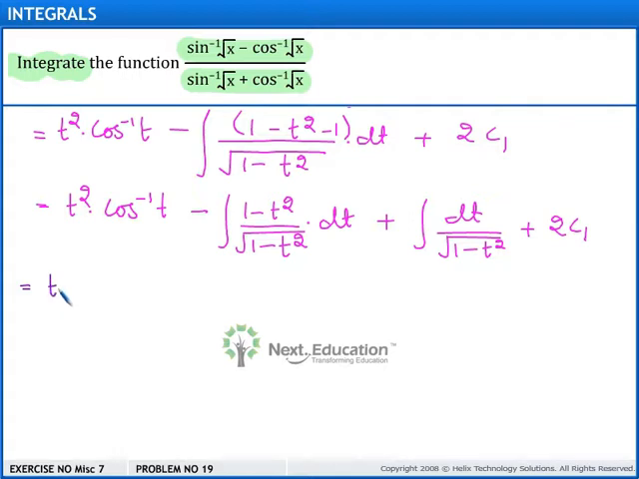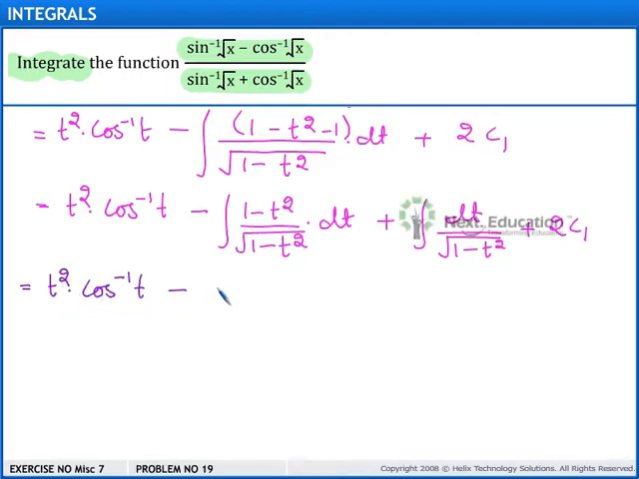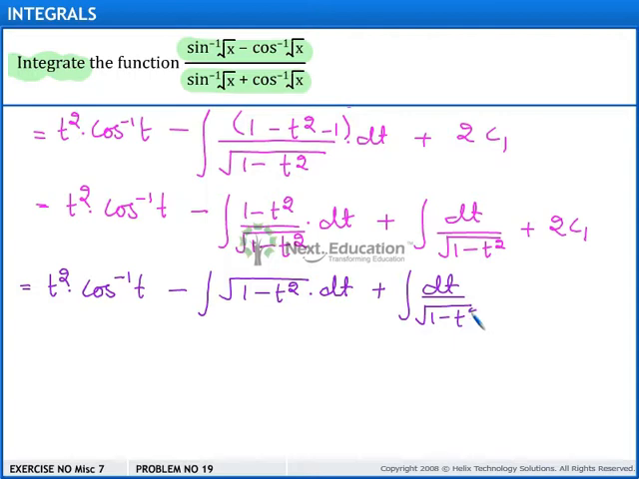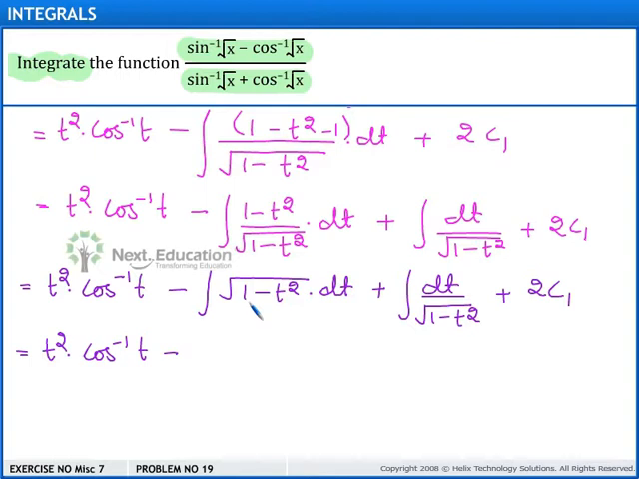This is further equal to t square into cos inverse t minus integral of square root of 1 minus t square into dt plus integral of dt upon square root of 1 minus t square plus 2 times the constant, and this is further equal to t square into cos inverse t minus, now integral of square root of a square minus t square into dt is equal to